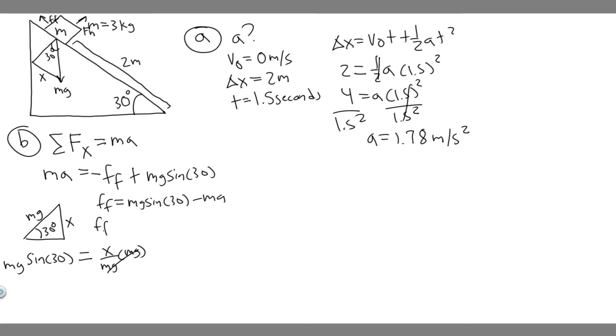So if we want to solve, force of friction is m, which is the mass, which is 3 kilograms, times g, which is 9.8, times the sine of 30, minus the mass, which is 3 again, times the acceleration, 1.78. So go ahead and plug this in your calculator: 3 times 9.8 times the sine of 30, minus 3 times 1.78. And when you do that, what you're going to get is this force,